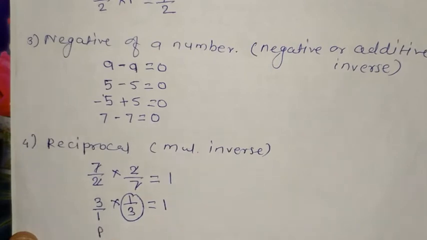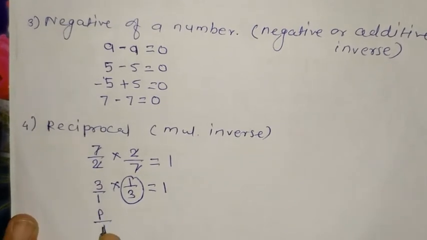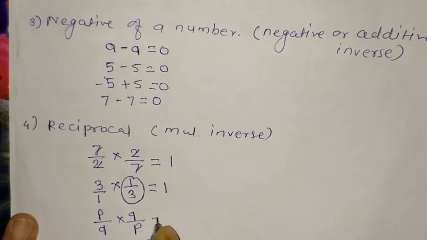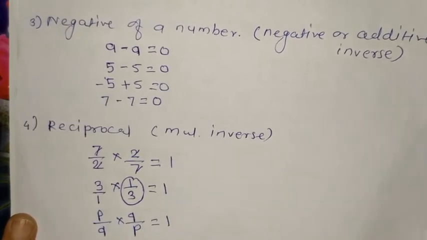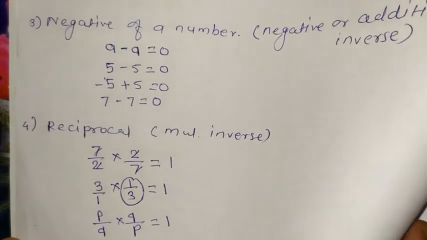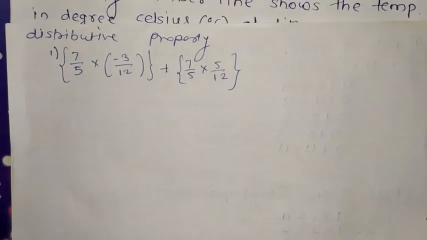So the equation can be like p by q. It means if you multiply by q by p, you get 1. So this concept is known as the multiplicative inverse. On the basis of multiplicative and additive inverse, we will see some examples also. Now we go to the next topic. Our next topic is